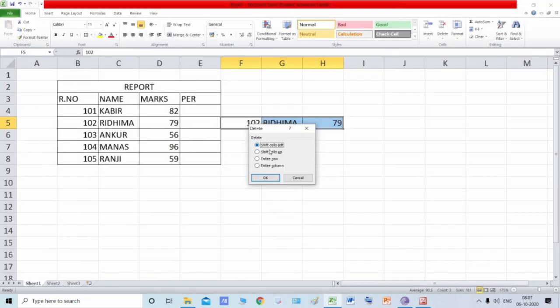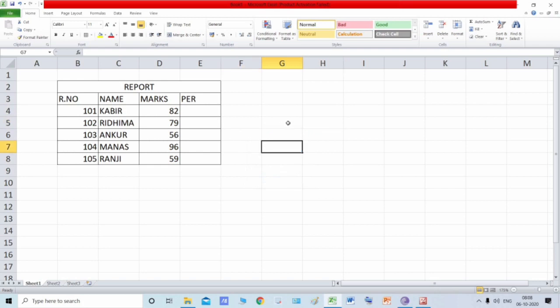So we have shift cells left, shift cells up, entire row, entire column. Just select any of the appropriate options. If you select shift cells left, the cells will be shifted towards the left hand side. So I'll click on OK and the data has been deleted.